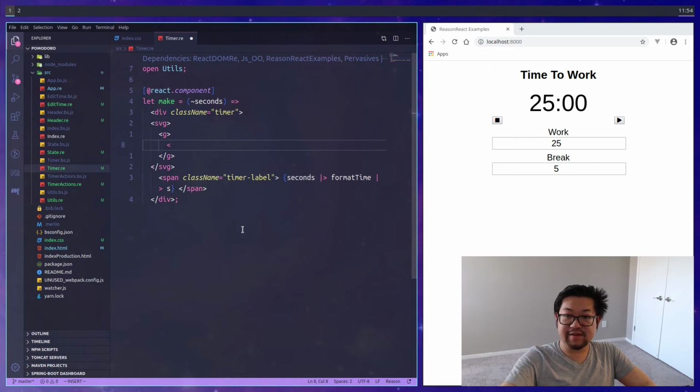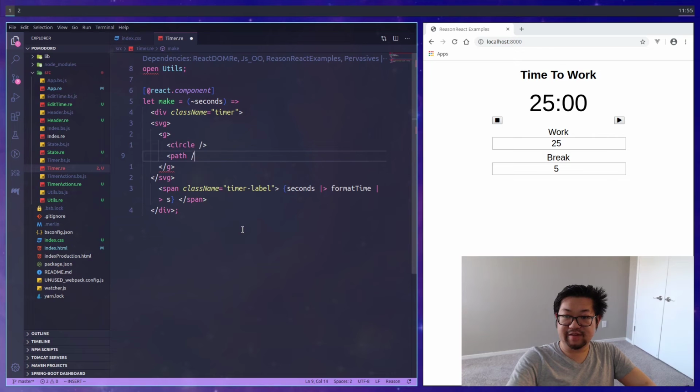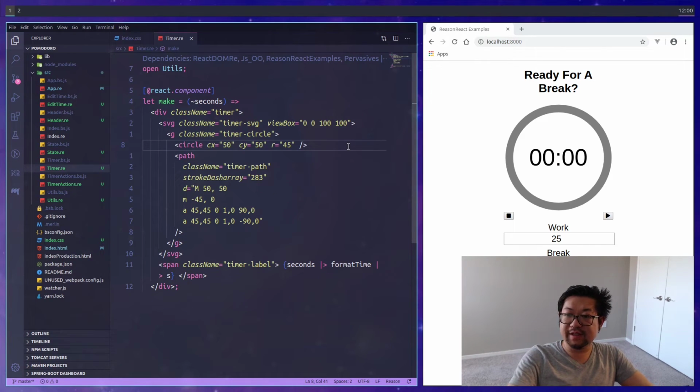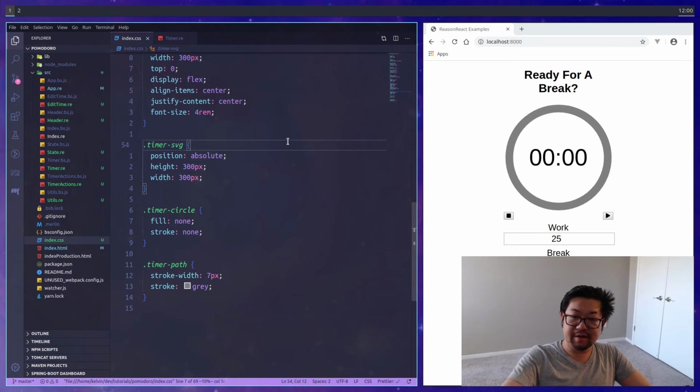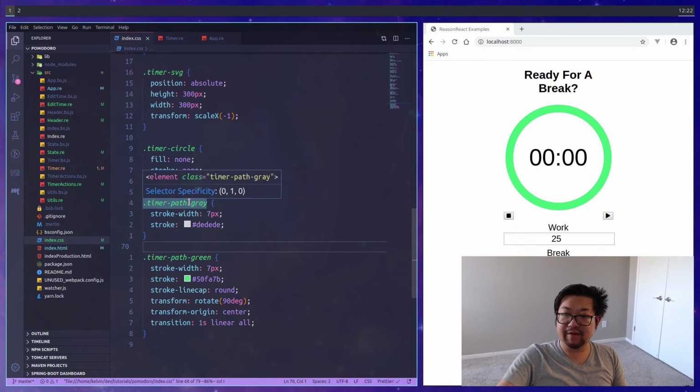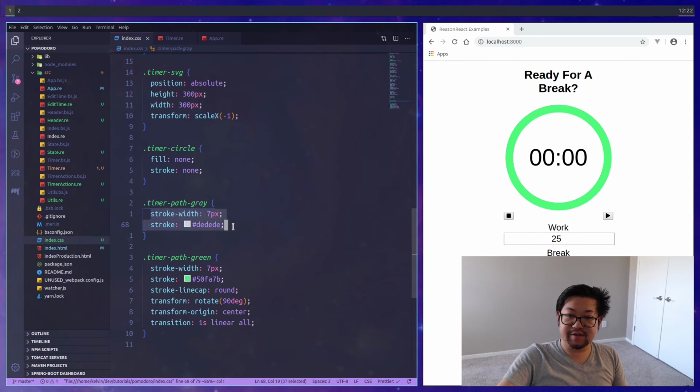So inside the SVG, we'll have a circle as well as a path component. The article goes into detail about the math behind all of this, but the CSS classes are pretty simple. We're just matching the height and width to the relative container, and then both the circle and the path are just changing the stroke width, or the fill and stroke colors. So I'm going to edit that we have timer gray and timer green with these attributes, both of which has stroke width and stroke color, but the green one's gonna transform a little bit